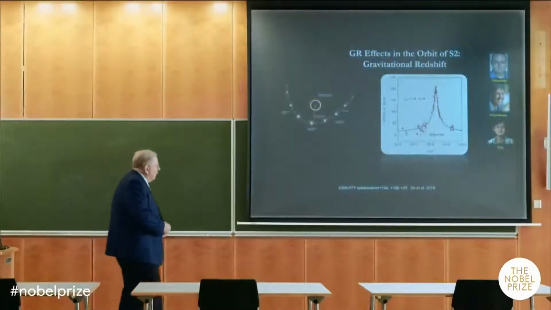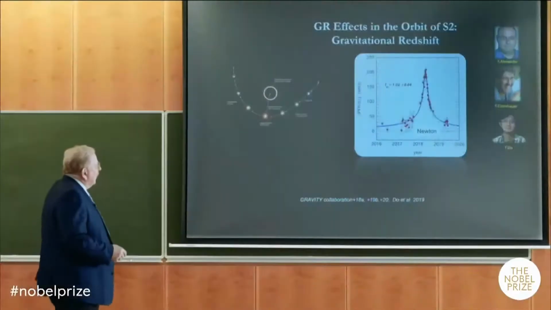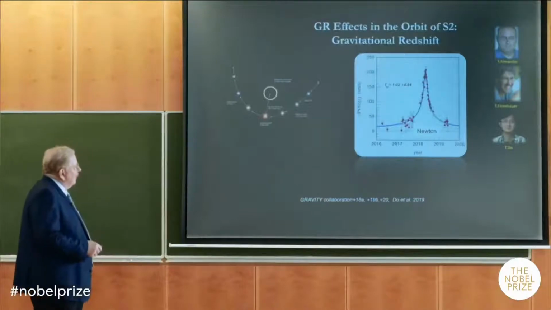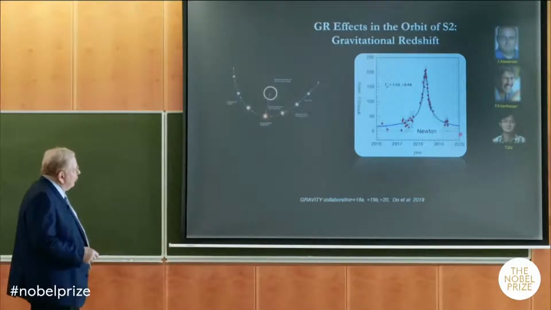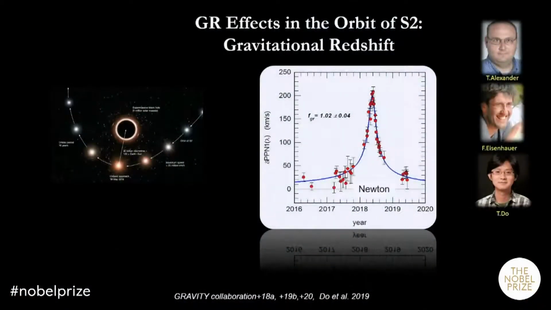And in fact, the first one is the fact that when light from the star comes to us, when it's very close to the massive black hole, it has to climb out of this potential well, which basically leads to a redshift, to a loss of energy. And here, relative to a Newton orbit, is this redshift, which we have measured, in comparison to what you would predict from general relativity, which is the blue scale.